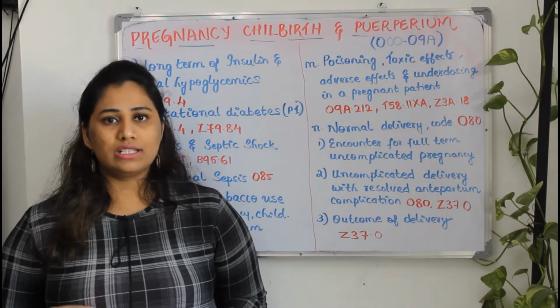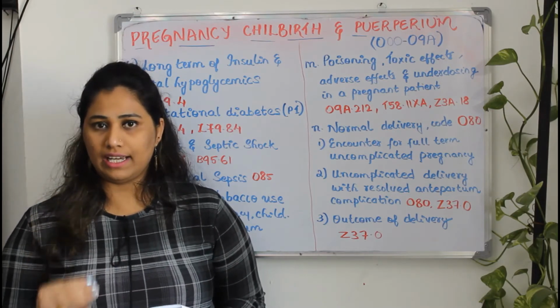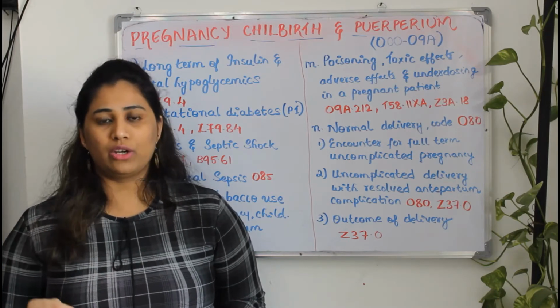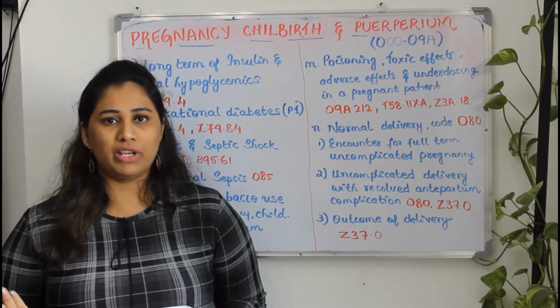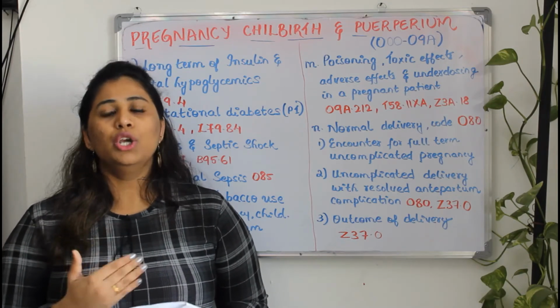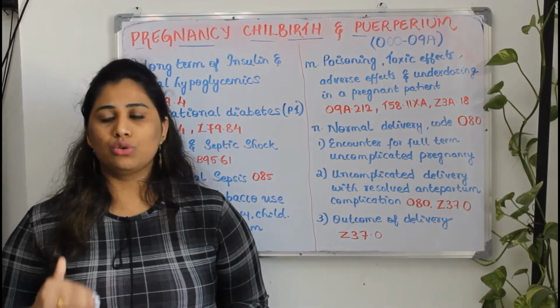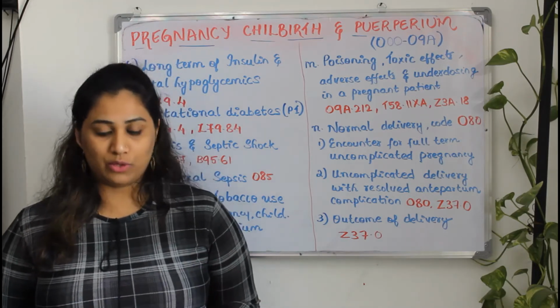Okay, so this is nothing but alcohol and tobacco use. You need to categorize based on the O99 series. 3.1 means it will be alcohol and 3.3 means it will be tobacco. And based on the patient's condition, if it is an alcohol user, you need to code based on that. If tobacco user, you should go for nicotine dependence. Anyhow, by the end you need to code the weeks of gestation also. Okay, so we'll move on to the next point.